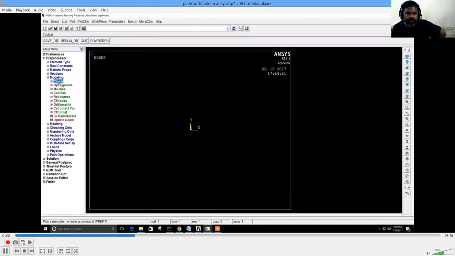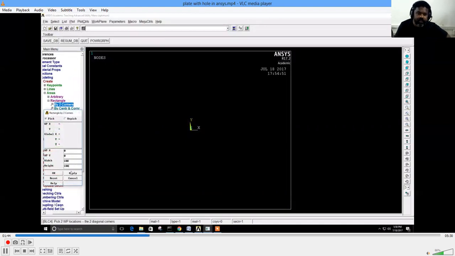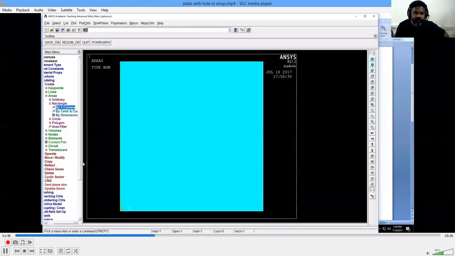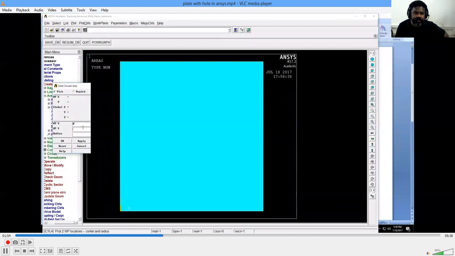So the modeling part: create a rectangle by defining two corners. 100 cross 100 is the cross section. So it is created. Circle, a solid circle you need to create at the middle.